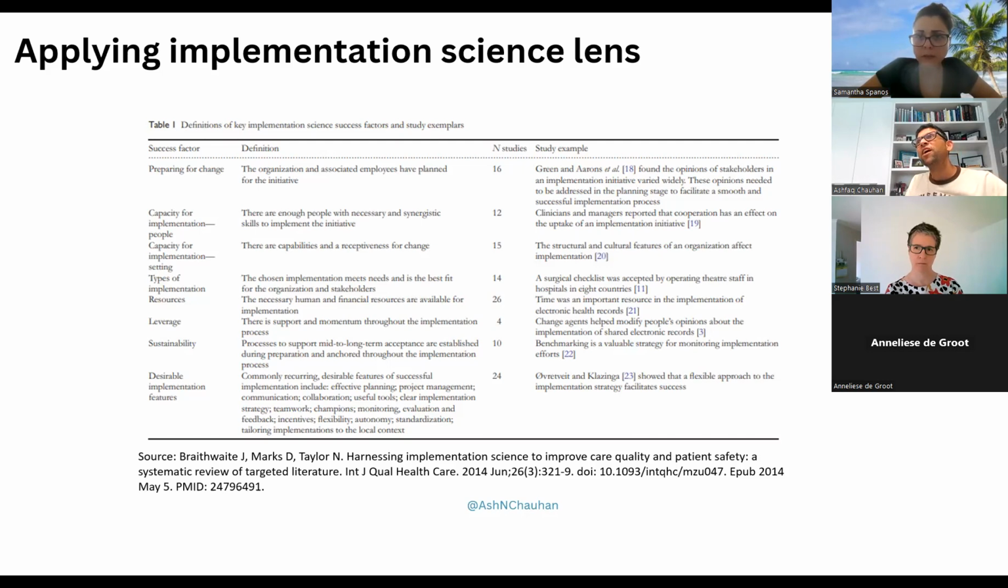And I think we did find through our consultation with the senior health leadership and the healthcare staff within the co-design group that they are very keen and had a really strong desire to implement something that would improve the safety outcomes for people from CALD backgrounds. Based on this table, I could see that there are features that are part of our co-design process that could contribute to successful implementation.